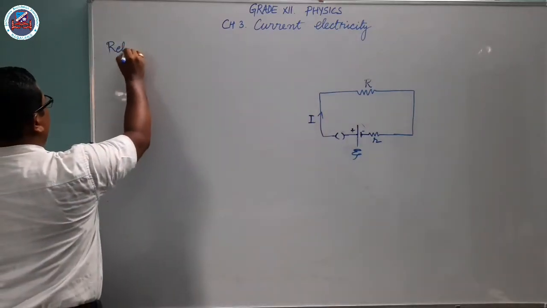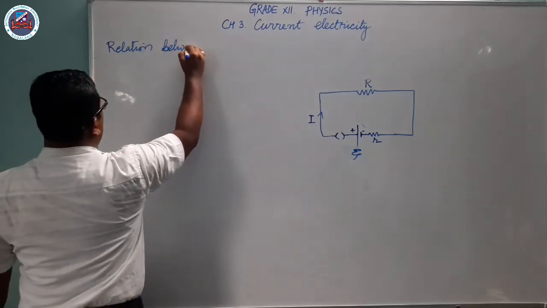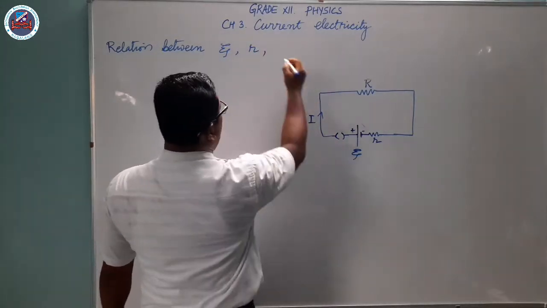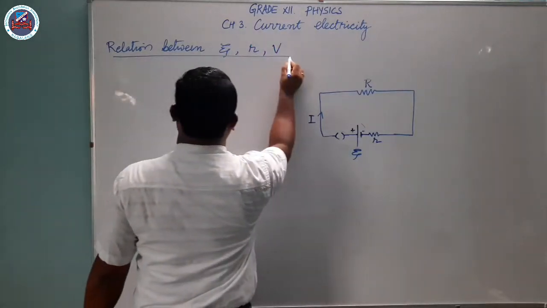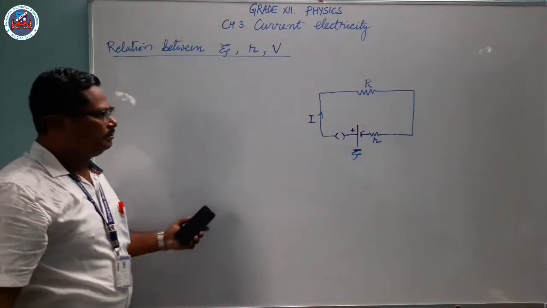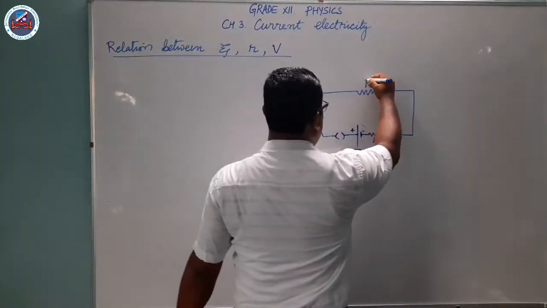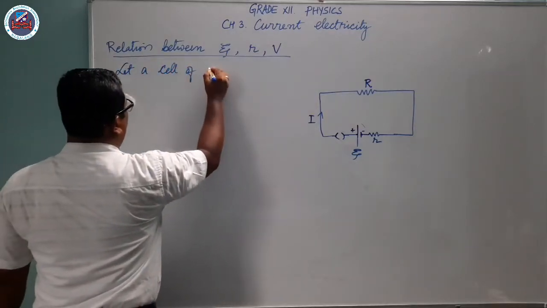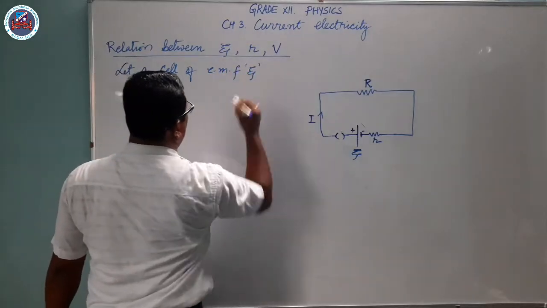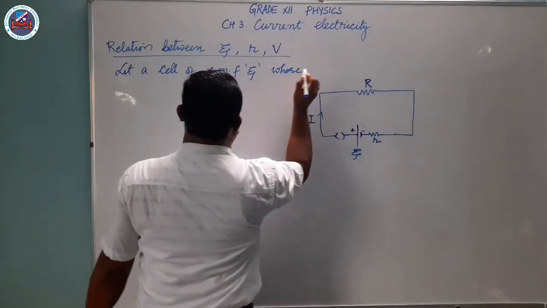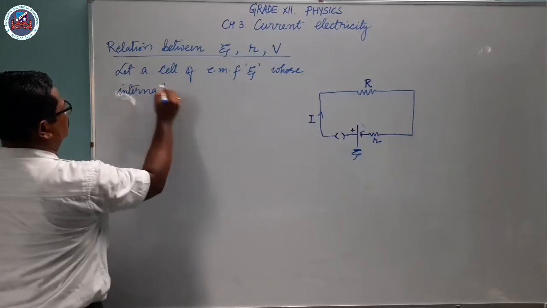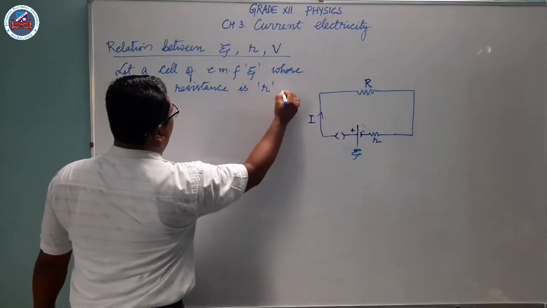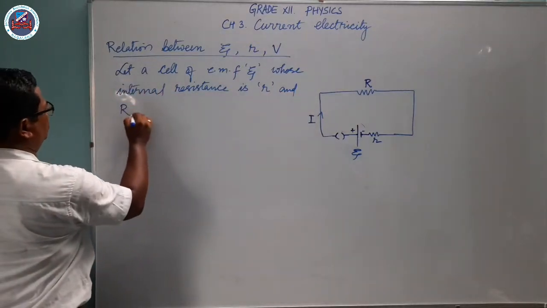Relation between electromotive force, the internal resistance small r, and the terminal potential difference V. Now here, let us assume like this: let a cell of EMF epsilon whose internal resistance is r, and R is the external resistance,